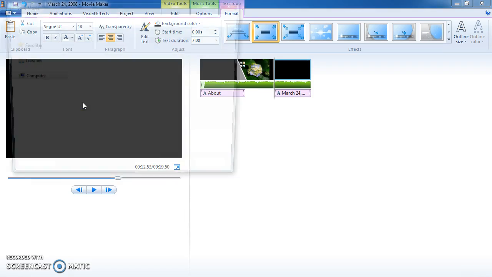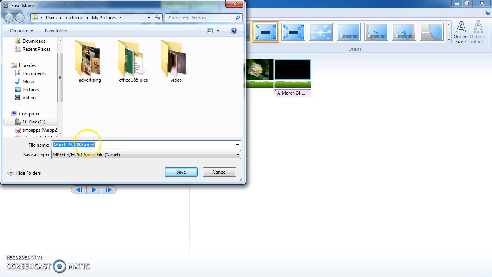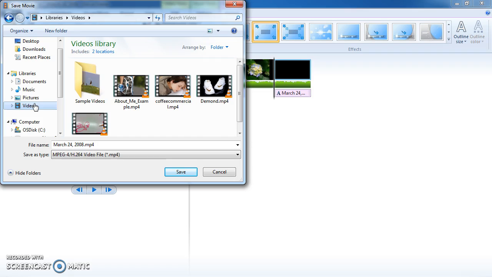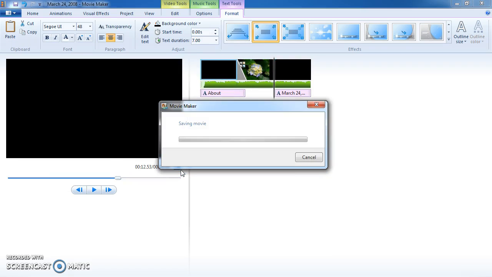So for Computer, it makes it an MP4, and again, in your case, you would save it to Computer and your H drive Media Apps folder. I'm going to save it to Videos because I'm at home and I don't have my H drive. And it takes a little while to do that, so instead of making you wait,